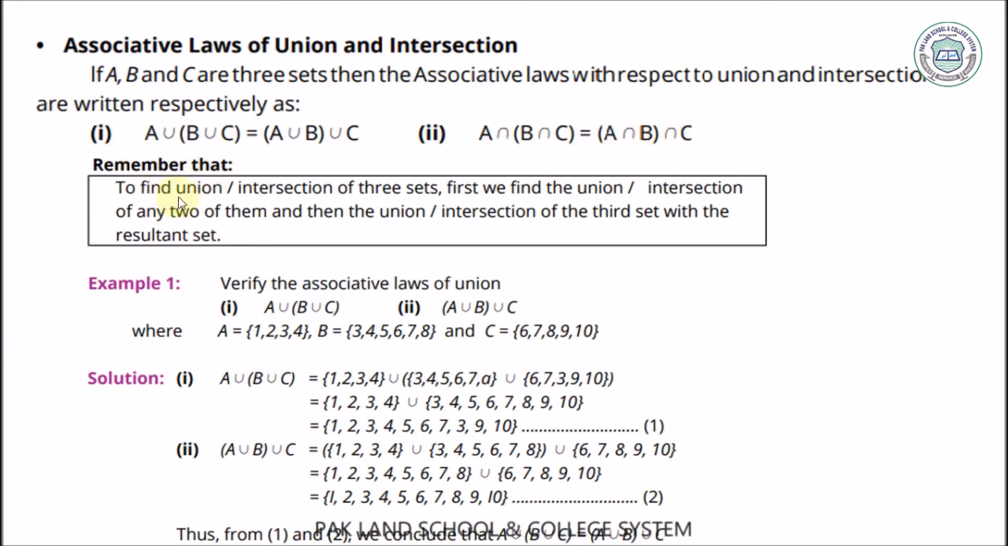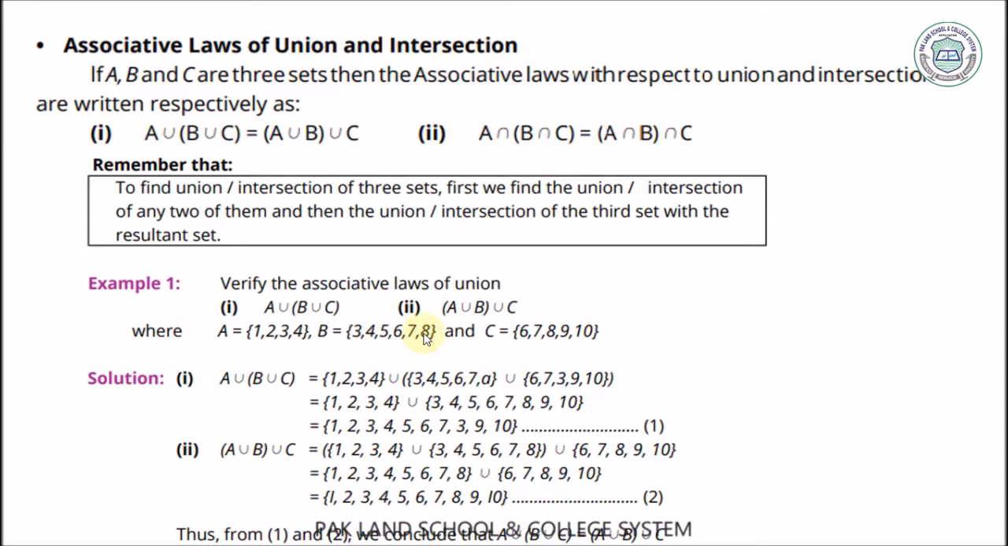Remember that to find the union or intersection of three sets, first we find the union or intersection of any two of them, and then the union or intersection of the third set with the resultant set. For the explanation of this law, we take example 1. Verify the associative law of union. First part is A union (B union C). Second is (A union B) union C, where set A includes 1, 2, 3, 4 and set B includes